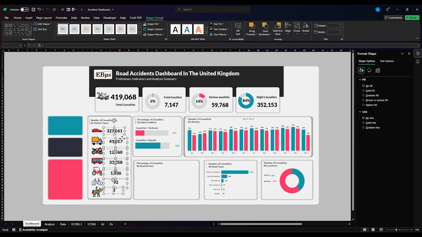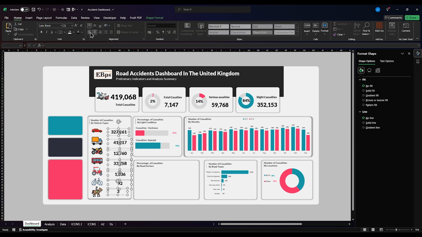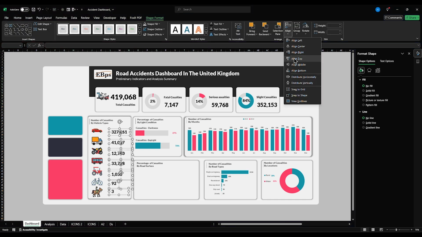Then I'm going to move it this way. However, I want this aligned this way. So this will be,